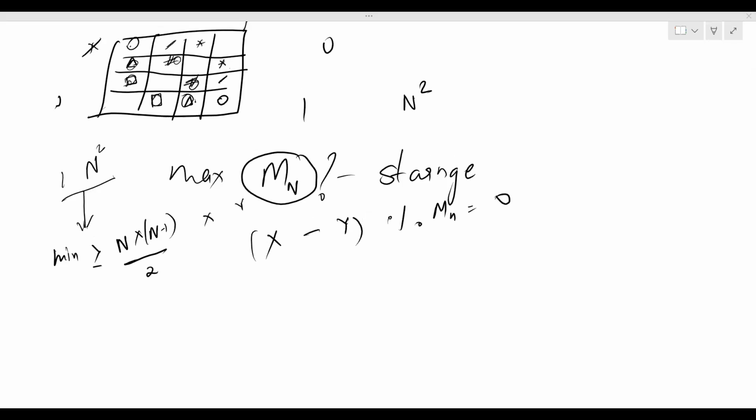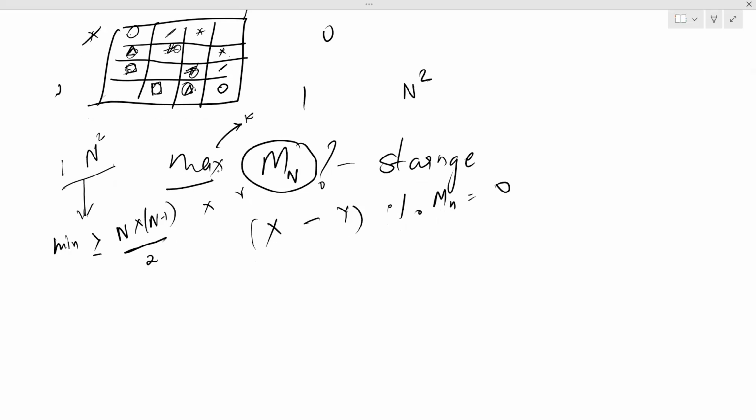Now, the thing is that if my mn is fixed, then mn is nothing but the maximum k value for which this is a symmetric matrix, like under modulo k. So that thing is,